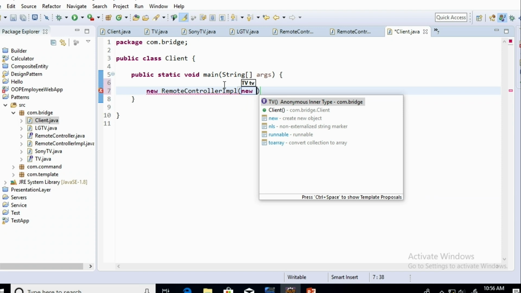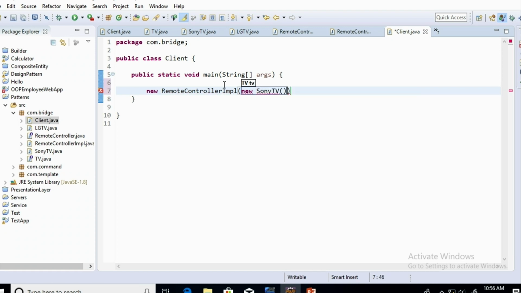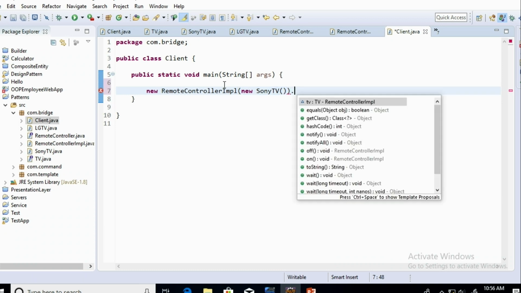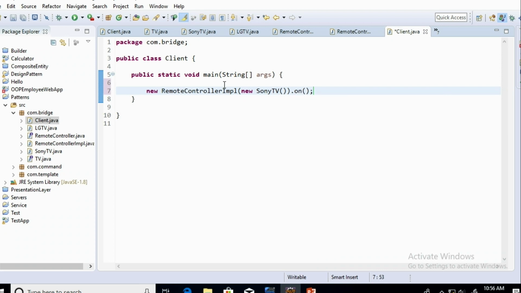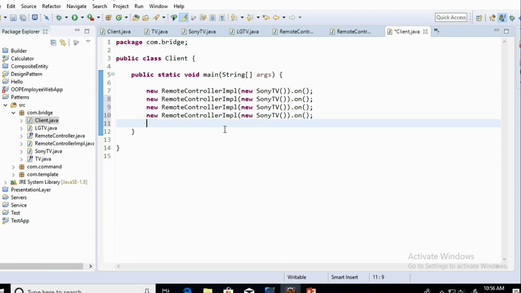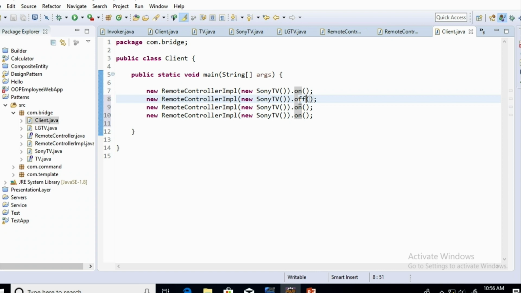Let's say two separate objects that you create with having on and off commands, right, like this.